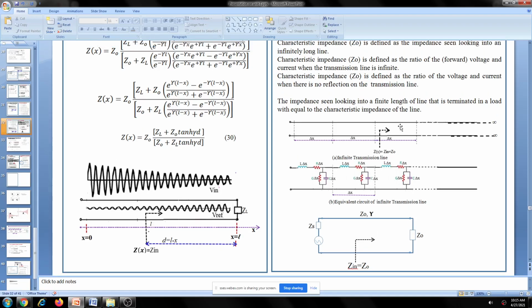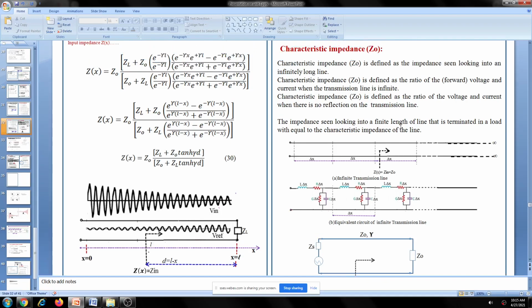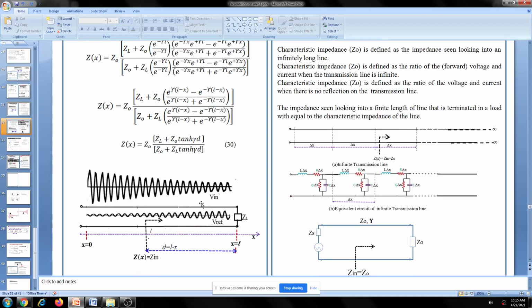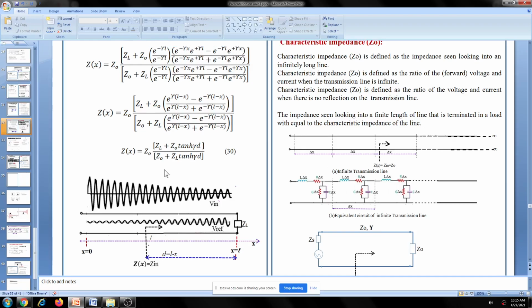Okay, so that's the main thing we were seeing in the earlier classes. That is the characteristic impedance of the transmission line. So what we need to do is match this ZL to the characteristic impedance of the transmission line. It's very important. Otherwise reflection will take place. That's why characteristic impedance is very important here. Then how do we get the value of Z0, or what is the definition of this Z0?